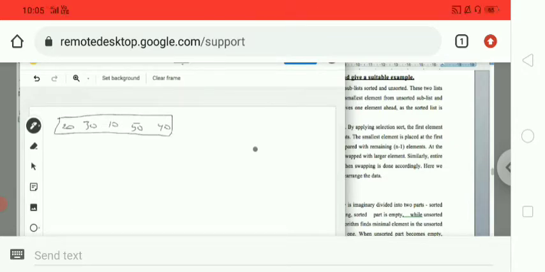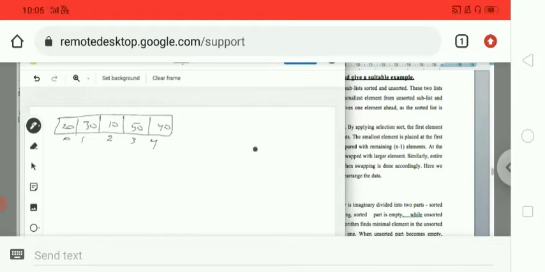We already know that each element will be stored in a specific index number. In selection sort, we have to find the smallest element first. After that, we have to swap that element to the starting position.